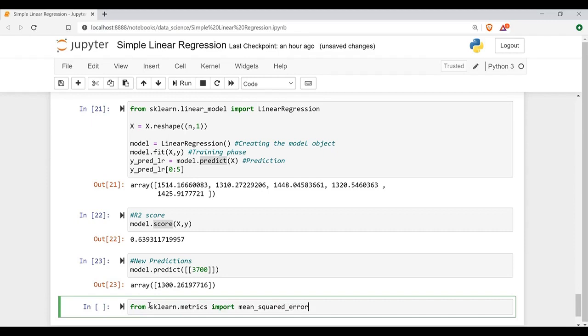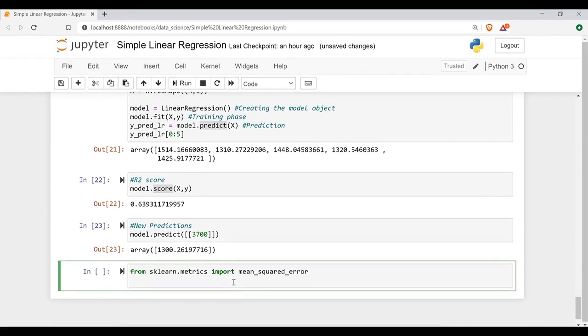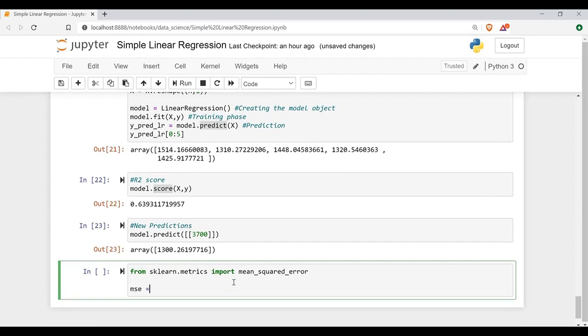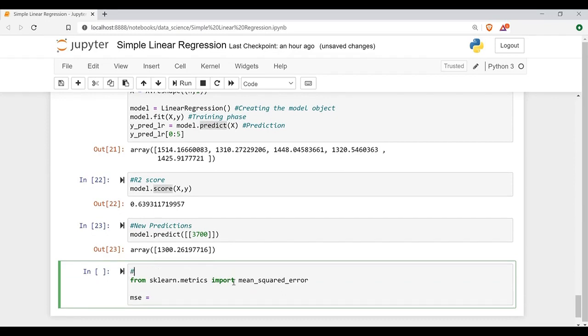This metrics module is used to find the mean squared error. I'll write it down here: computing mean squared error. We will be computing root mean squared error.